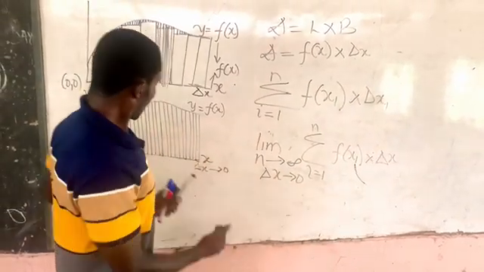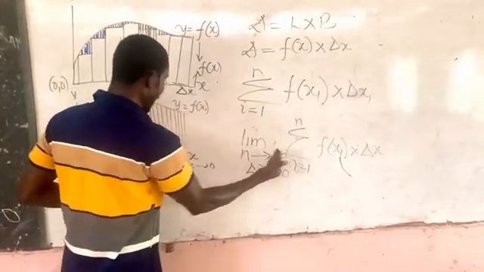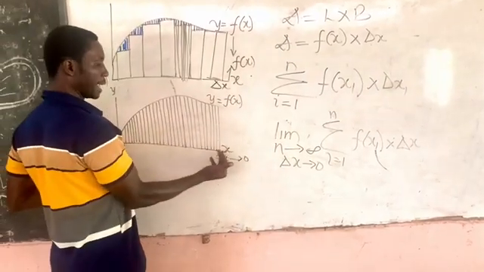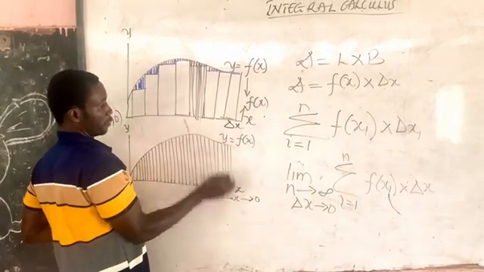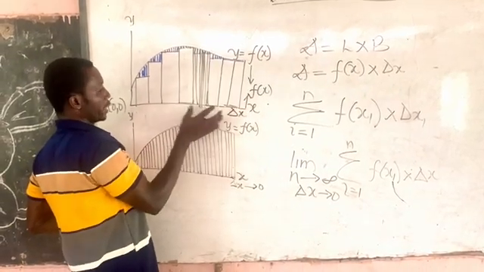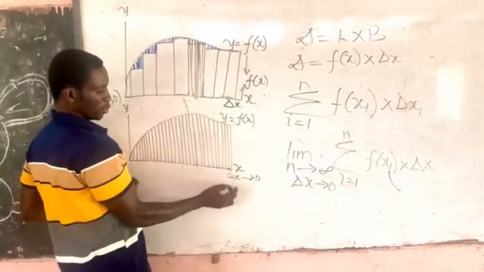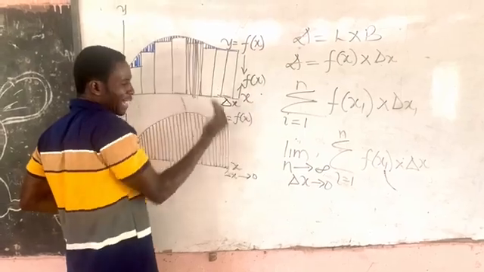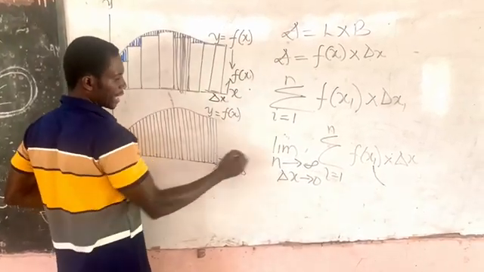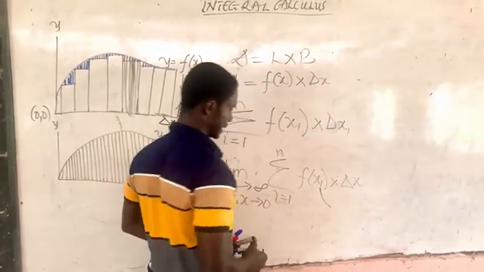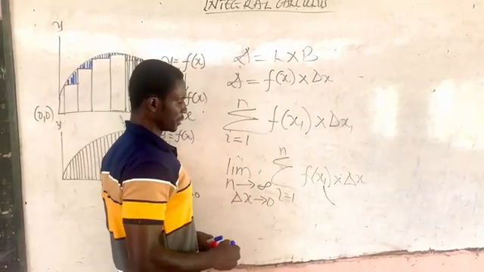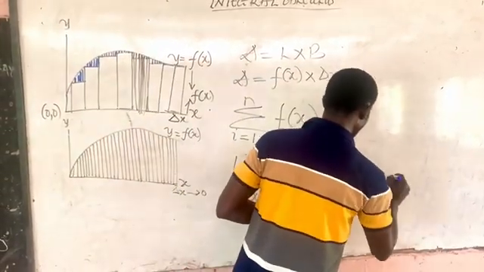As n increases, delta x approaches 0, because of the width. If you look at the size of the width here, as you increase the number of rectangles, delta x approaches 0. Then, although this is a series, this can be summarized as